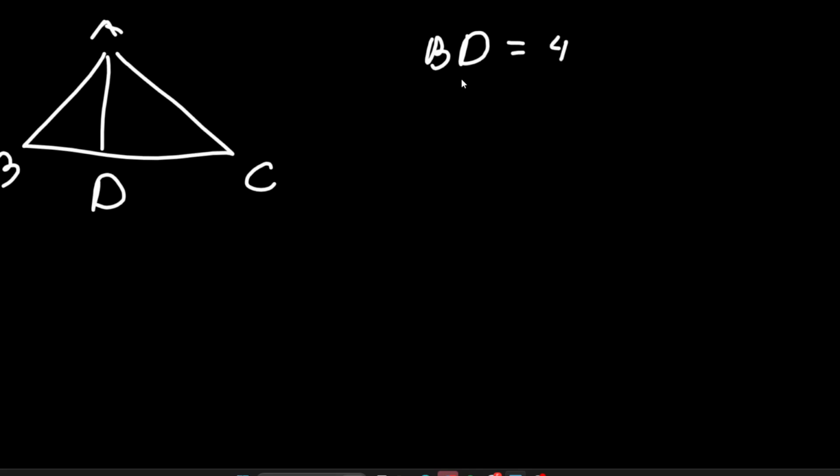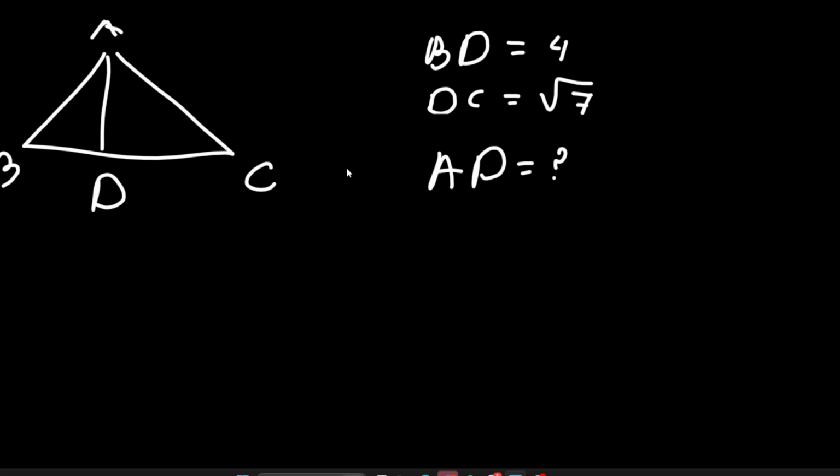Alright, now same thing for the third one. Again, right triangle. A, B, and C, and we do have a height D. Now you know that BD is how much? 4. And DC is square root of 7. Again, you need to find the height. AD is going to be